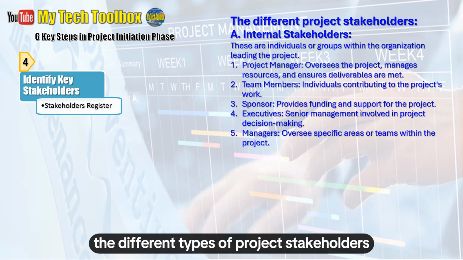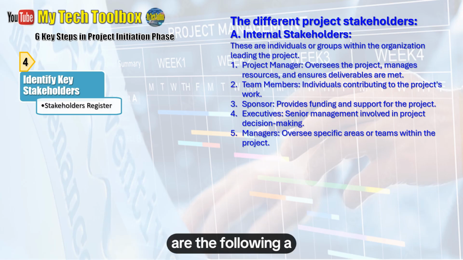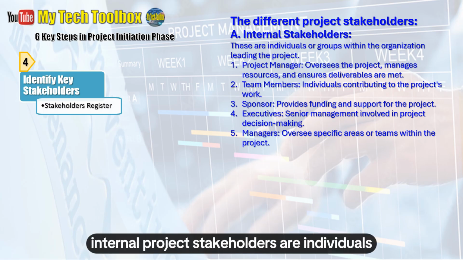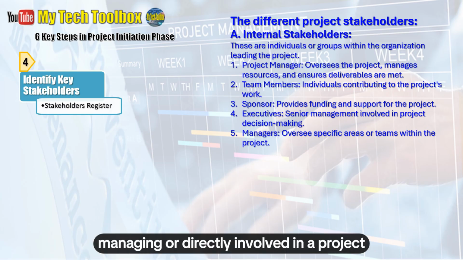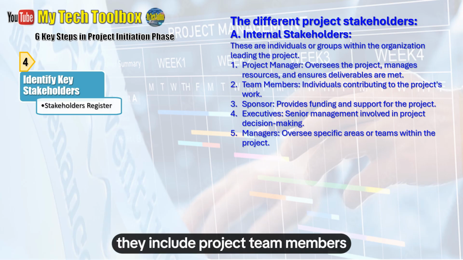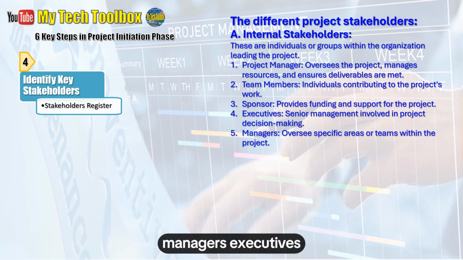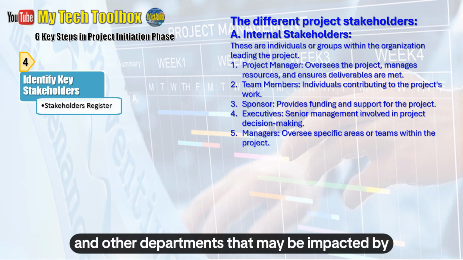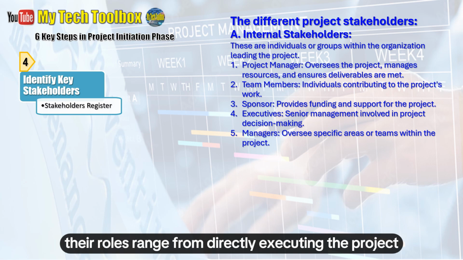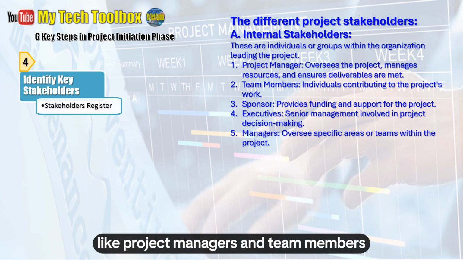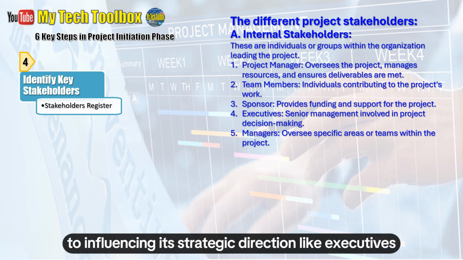The different types of project stakeholders are the following. A. Internal project stakeholders are individuals or groups within the organization managing or directly involved in a project. They include project team members, managers, executives, and other departments that may be impacted by or contribute to the project. Their roles range from directly executing the project, like project managers and team members, to influencing its strategic direction, like